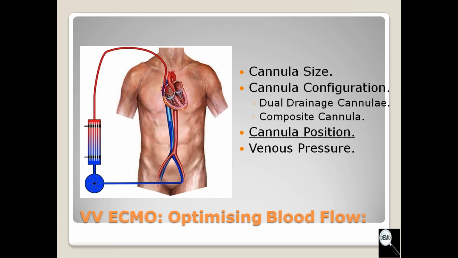Cannula position, that is again most important. Where should your cannula position ideally be for a VV ECMO? Yeah, it has to be in the hepatic IVC. Why? Why not above? Why not below? If you go above the hepatic IVC into the RA,